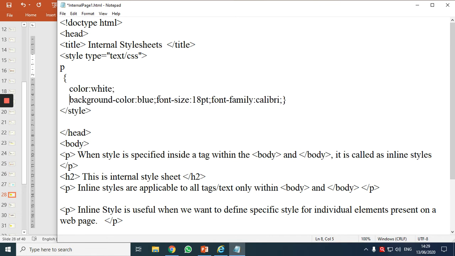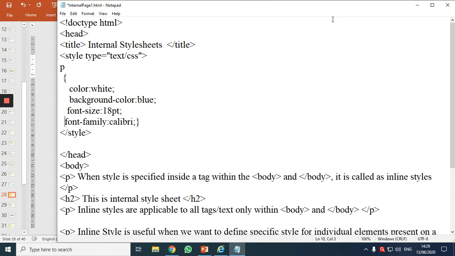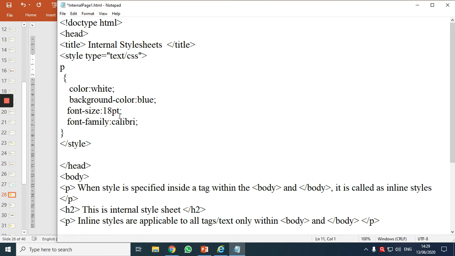It is only to increase the readability of the page. Observe, this way it's more clear to read, correct? This I have done for P.